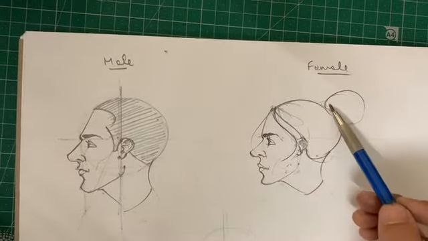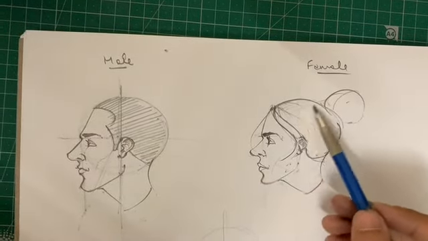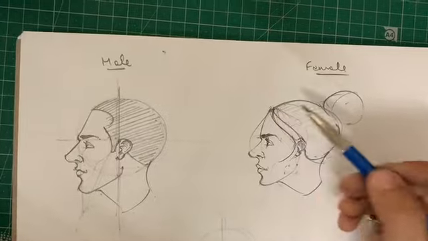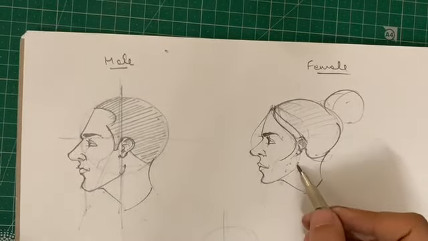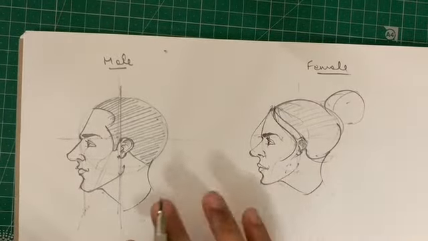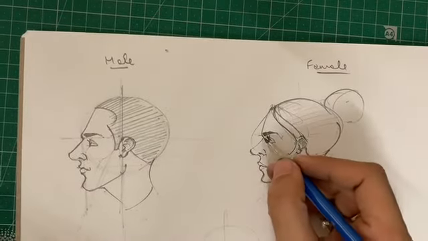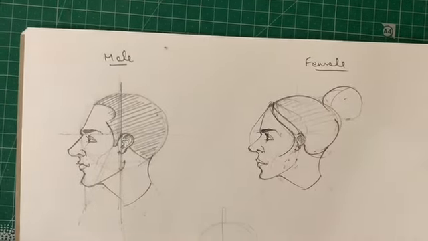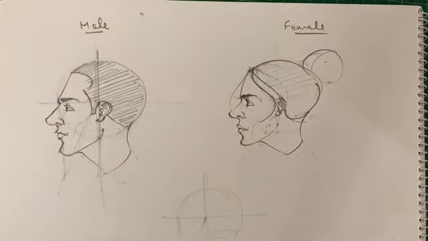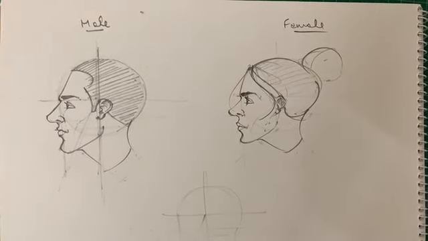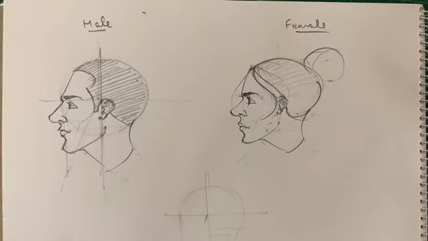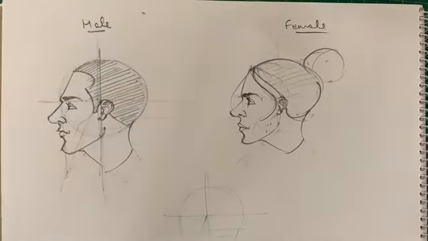Okay, so this is a basic face, a general representation of any side face for adults obviously. We are going to come to how to draw a kid's face or an old face later.